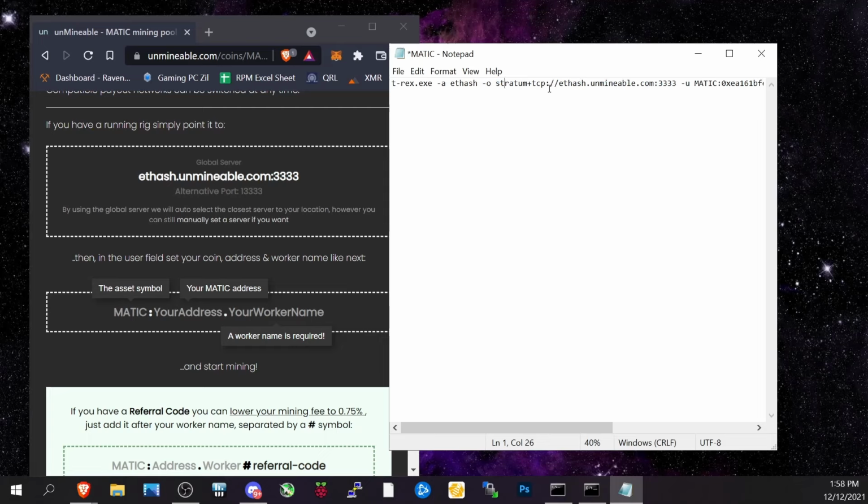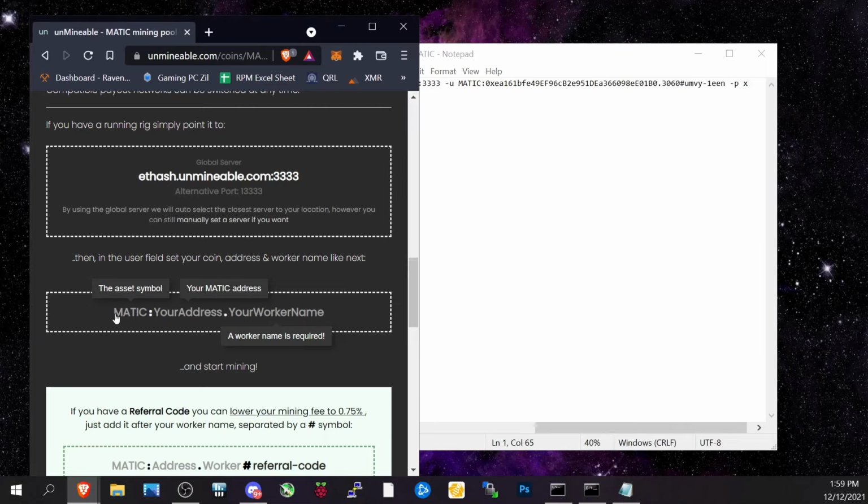So I left it there, and all I changed is the actual .com part of it, and then I changed the port to 3333 because the Unminable pool has that port open for you to mine to. Okay, so next up is the address. -U indicates the address. So the address starts with Matic, as you can see right here in this example, colon,